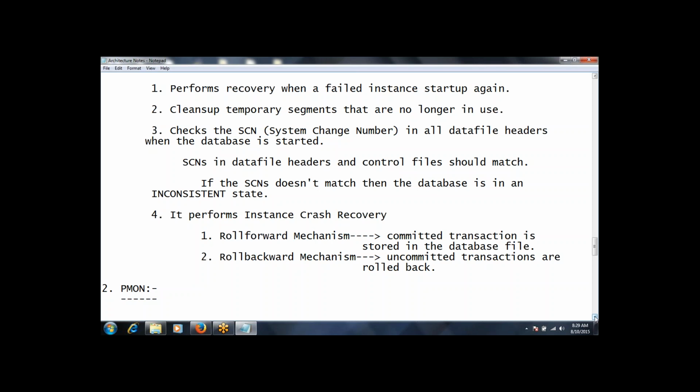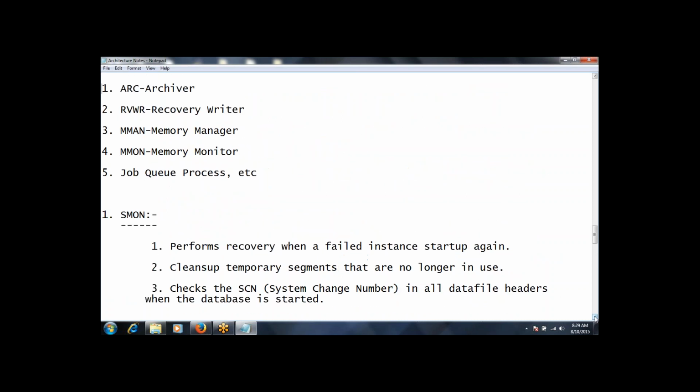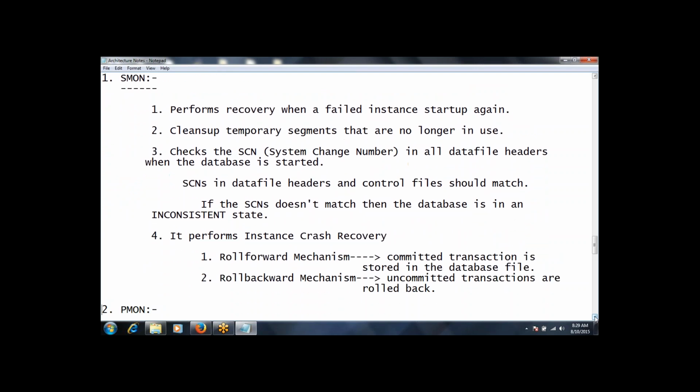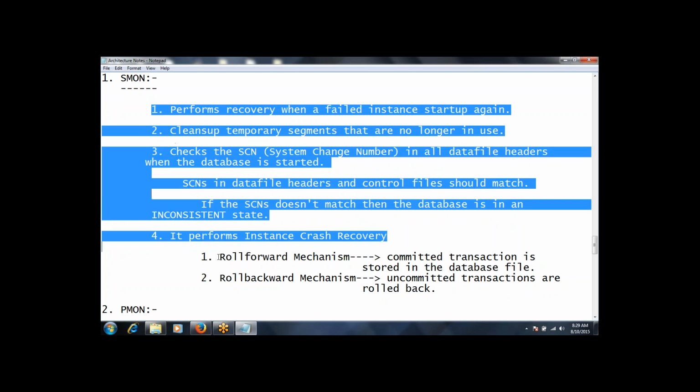If we don't commit, or if it gets rolled back, then we call it a roll backward mechanism. So this is about roll forward and roll backward mechanism in SMON. These are all the responsibilities of SMON. SMON is system monitor. It will be easy for the student, so I gave it in points, point 1, point 2, point 3, point 4, like this.